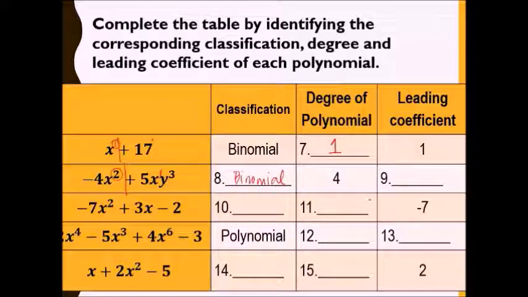Next, for our leading coefficient, syempre, alam nyo na kung saan kukunin. Ano ba yung numerical ng higher exponent, higher degree, diba? So, ito lang naman yung higher degree natin eh. Dito, kukuha ng leading. So, ang leading mo ay 5. Next, so for number 10, the leading coefficient is negative 7. No, ito yung negative 7 natin. What is the classification? If you answered trinomial, you are correct, no? So, 3 terms yan, trinomial. Okay? So, 1, 2, 3. Trinomial. Then, number 11, we have degree of